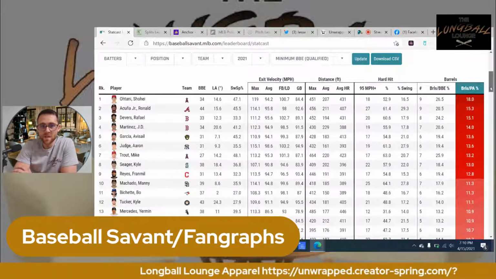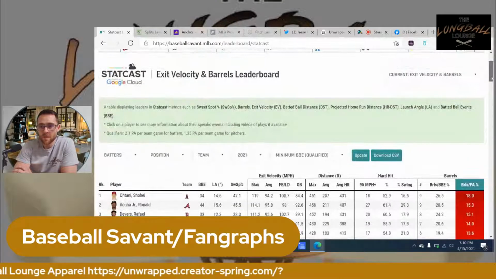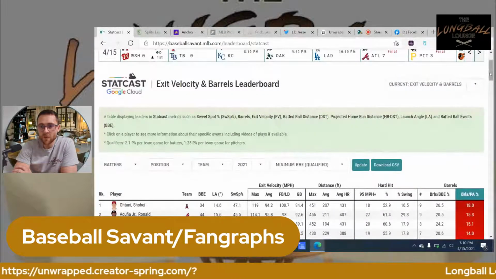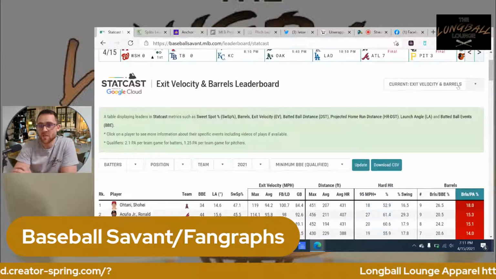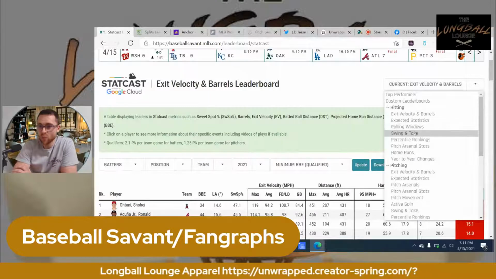As you can see, if you hit the leaderboards, it'll automatically default to the exit velocity and barrels. But you can also select expected statistics, swing and take.